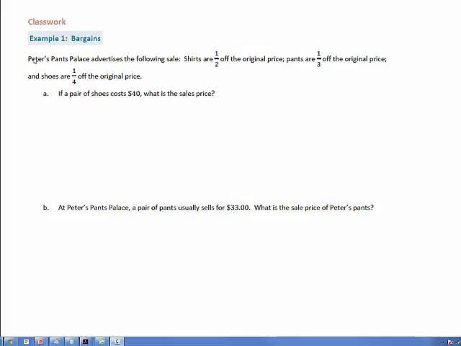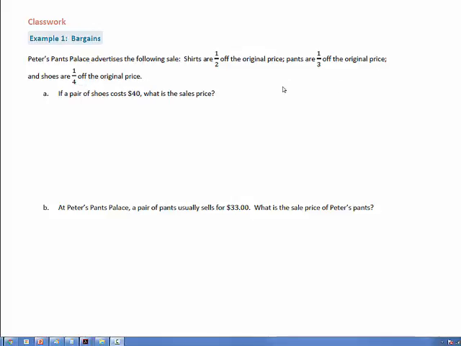In example number 1, we've got some sales going on. I'm sure everyone's run into sales. Things talk about being half off or 30% off or 40% off. In this, our amount off is going to be a fraction. We have Peter's Pants Palace that advertises the following sale. Shirts are 1/2 off the original price, pants are 1/3 off the original price, and shoes are 1/4 off the